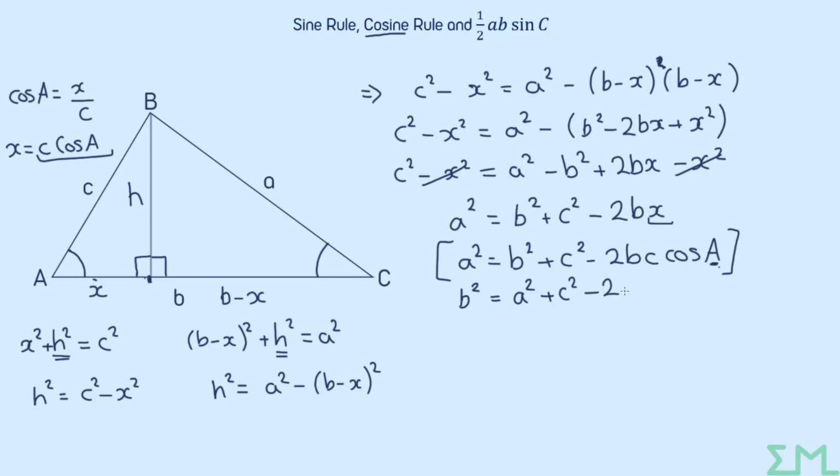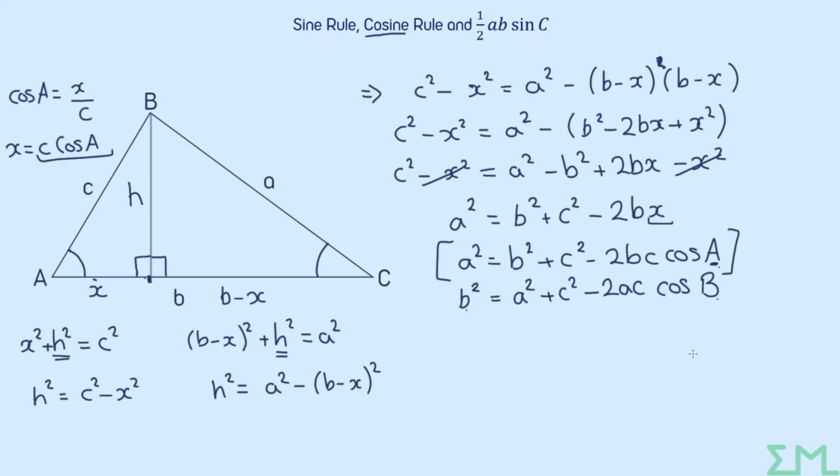Then I would have minus 2ac, and then I would have cos b. So we start and end in the same letter, but obviously one's a side and one's an angle. And then these bits in the middle are just the other two sides squared and added together, and then multiplied by each other and put here between the 2 and the cos. Okay, so you can change this around depending on how you've labelled your triangle and which side or angle you're